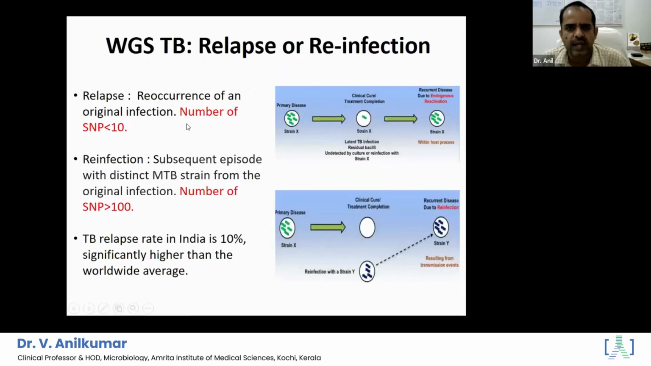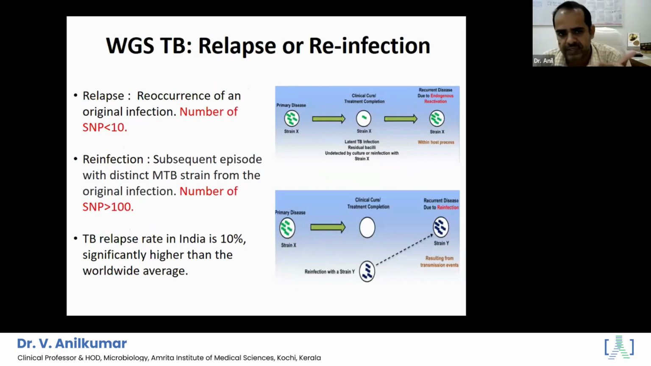So WGS also helps us to identify relapse and reinfection. Relapse is recurrence of the same original infection. So if the SNPs are less than 10, the same strain has been identified. From a previous infection, you have whole genome sequencing data, and from a recent infection, you have whole genome sequencing data. You compare both of them. If both the isolates have a number of SNPs less than 10,